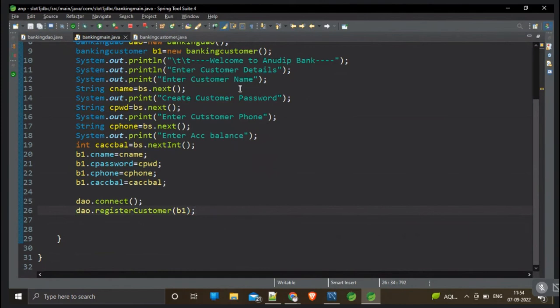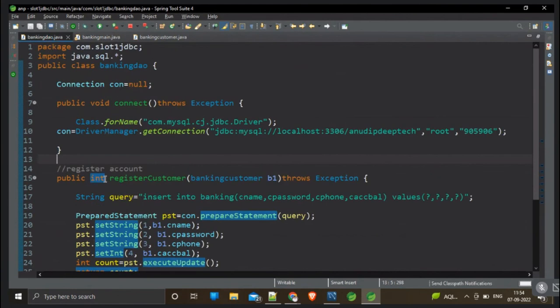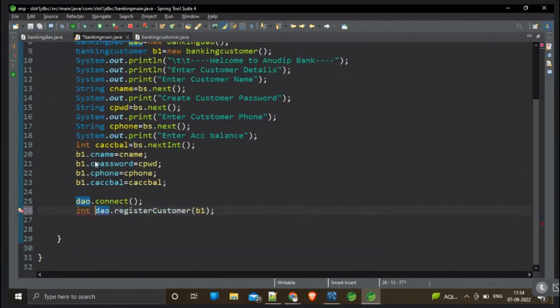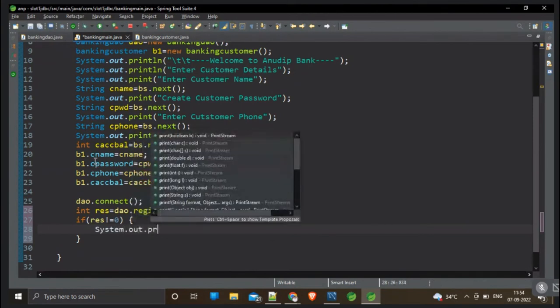This register customer method will return one integer to us. Since it is returning an integer type of value, we have to store that value. So here you can type something like this: int response, response equal to the object. If response not equal to 0, then we can print something like this: system.out.println,